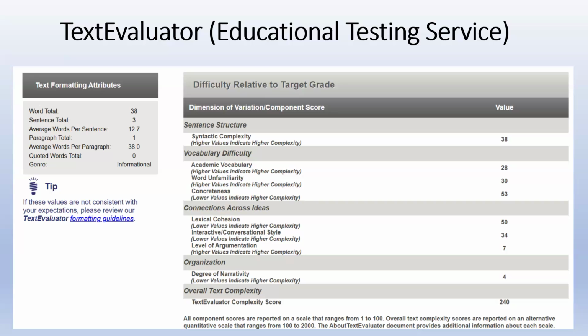So quantitative features, as you can see in the box on the left, include things like the total number of words, words per sentence, the average words per paragraph, etc. Whereas the qualitative measures include things like vocabulary complexity, word unfamiliarity, like are these words more likely to be used in everyday speech or less familiar, less common?